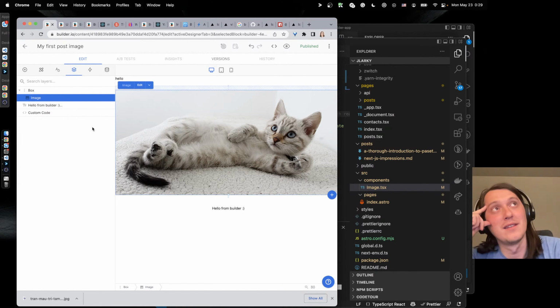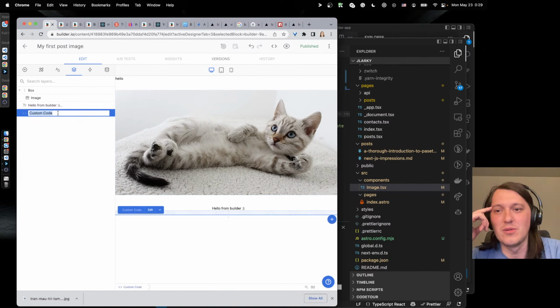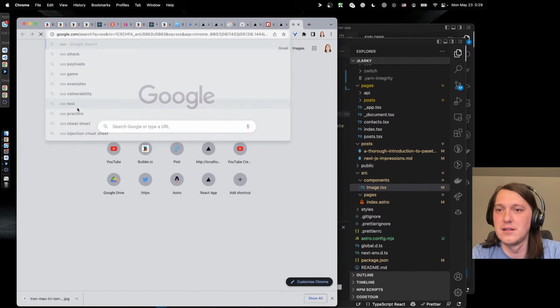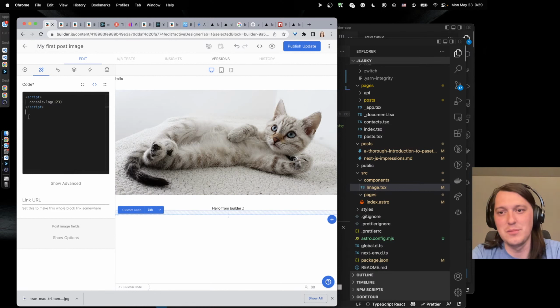I mean, if I'm an editor that is supposed to upload pictures and stuff, and I can write a custom code, then for all intents and purposes this is a cross-site scripting attack, XSS.